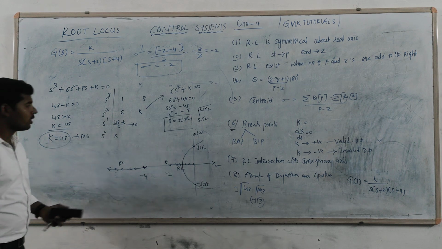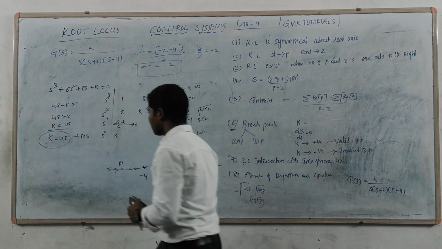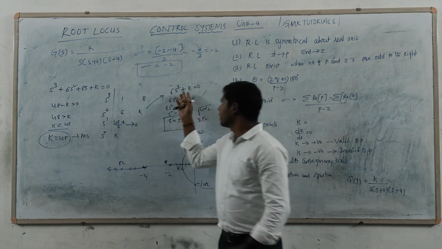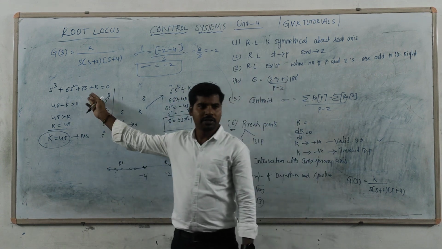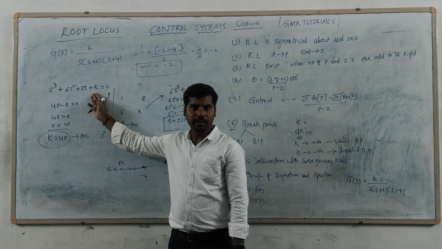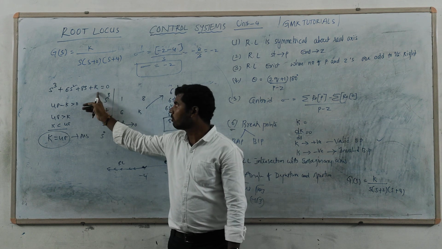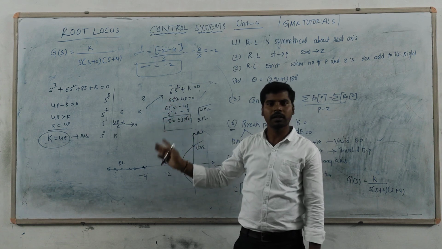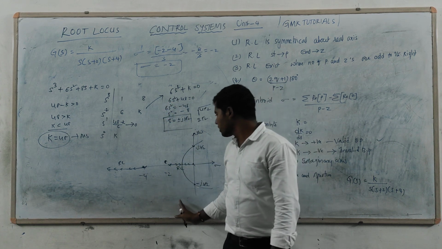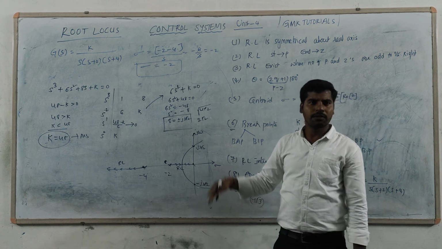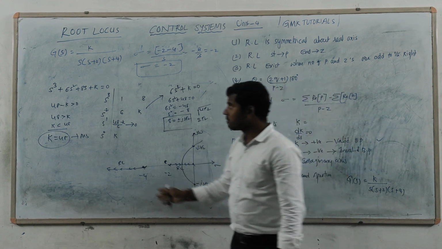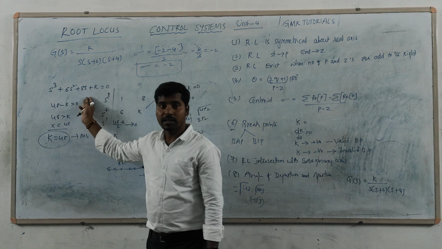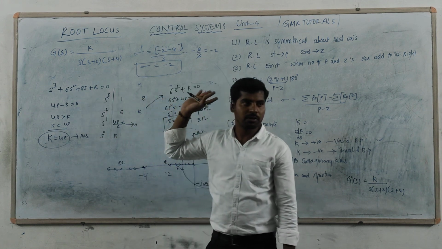That is general. Different conventional methods are there, like substituting the j omega in this equation. You will follow the conventional method. One way for finding it is, if your k is equal to 48, replace s with j omega, and you will find the imaginary and real values. That point of intersection represents a root locus also. So different methods, different conventions. As well as by using the angle condition also you can find it. That is also one more trick for this one.